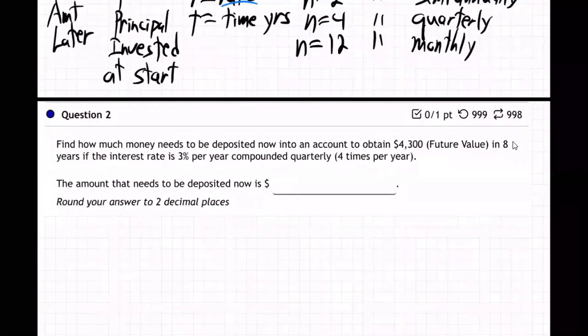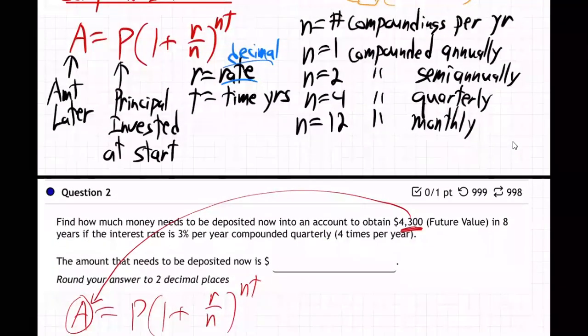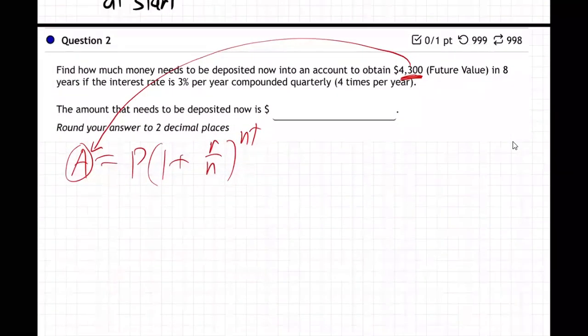All right, so there's our formula. Let's write it down. A equals P times (1 plus R over N) to the NT. Okay, let's see what's going on. So 4,300 is the future value. So that's our A, isn't it? That's the amount in the future. As it says in the formula, A is the amount later, amount in the future. P is the principal you start off with now. And that's what they're saying. Find out how much money needs to be invested now. They're saying find the P, please. So the A is 4,300